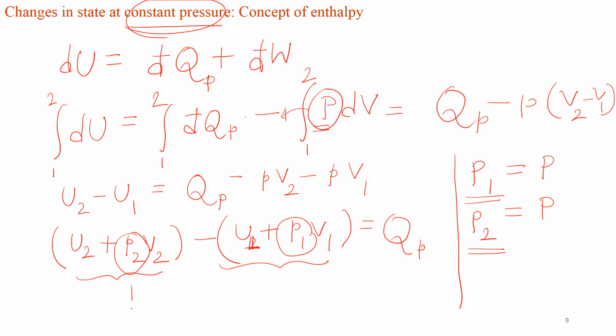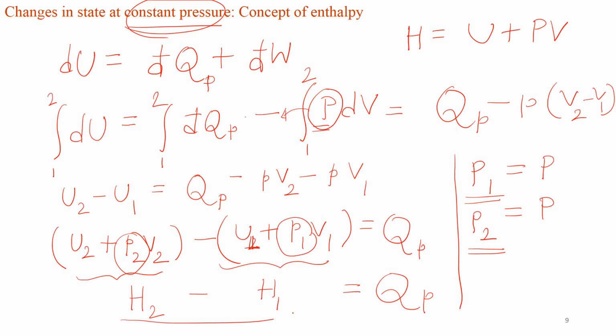So, we can define a new term which is H2 and H1, where H is nothing but U plus PV. Now, we see that this difference H2 minus H1 is equivalent to the heat change at constant pressure, where H is defined as a quantity equivalent to U, the internal energy, plus pressure times volume. So, the change in H now is equivalent to the associated heat change at constant pressure, and H, this quantity